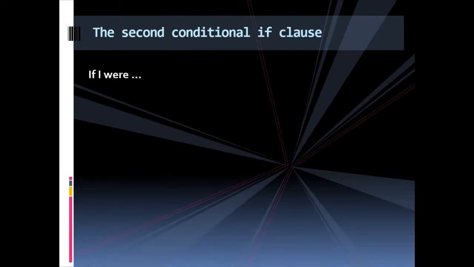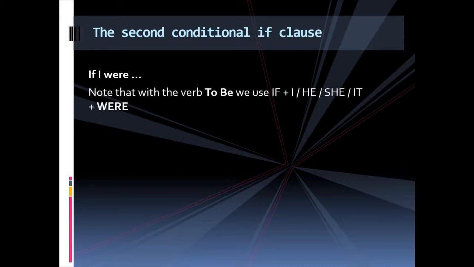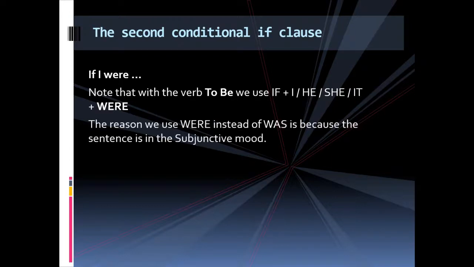The second conditional if clause. Here we can see that we are using "if I were." Note that with the verb to be, we use if plus I, he, she, it, and then we add "were." You might think, why are we using "were" instead of "was"? Because the reason we use "were" instead of "was" is